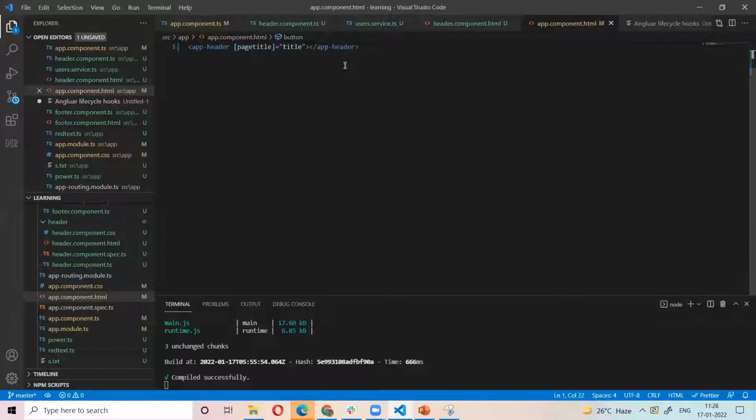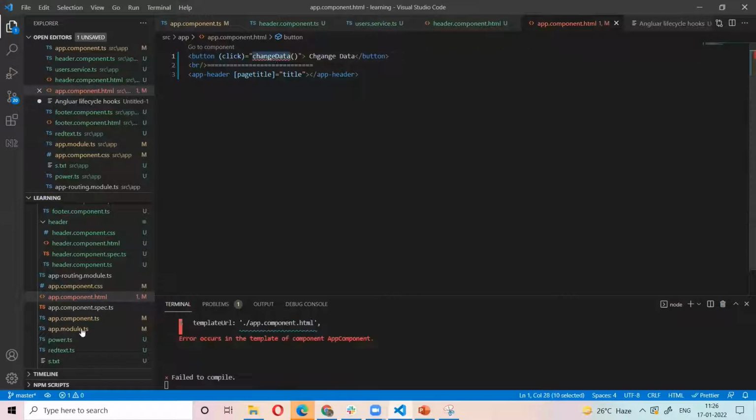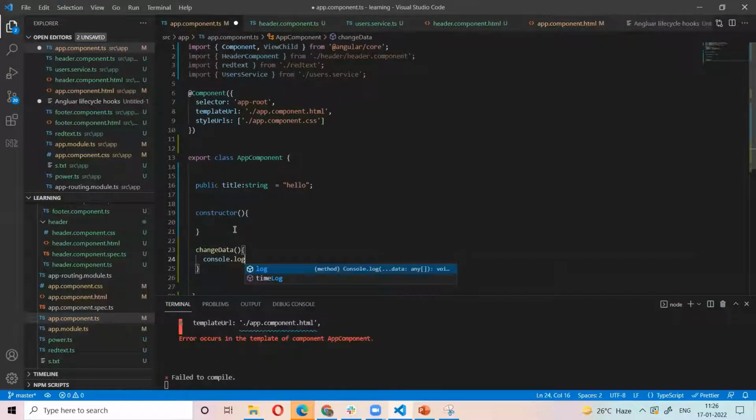Let's see. I will do another thing. I am writing a click event. I am calling a function from the app component, changeData. In the app component, I write the method, and I'm just printing hi.